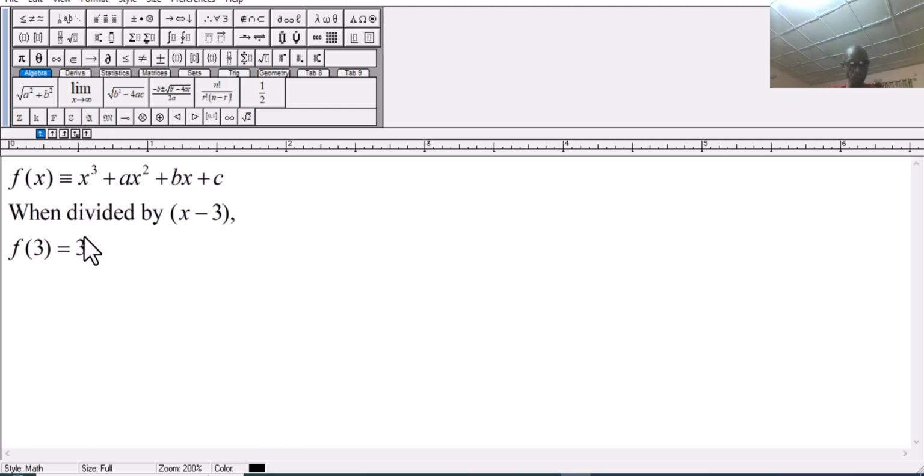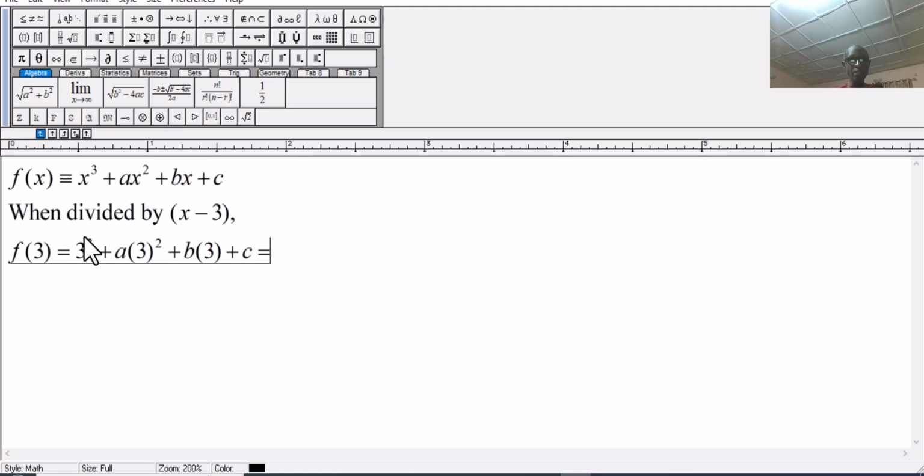So we have 3 cubed plus a into 3 squared plus b into 3 plus c